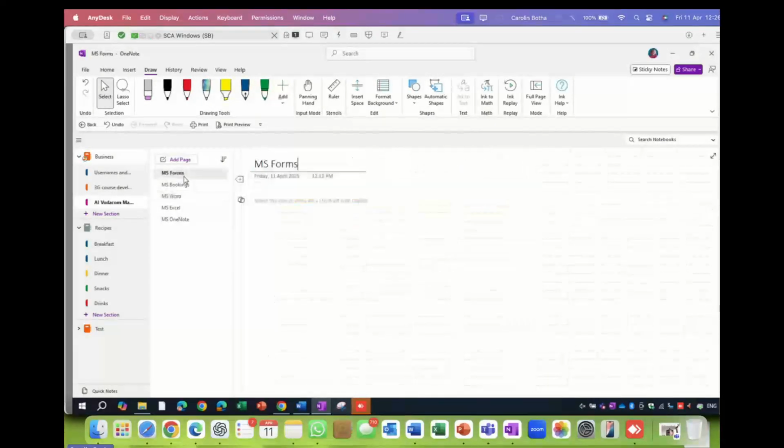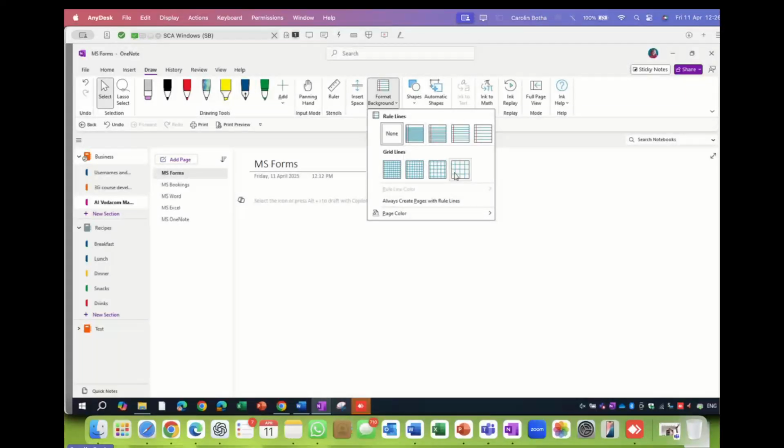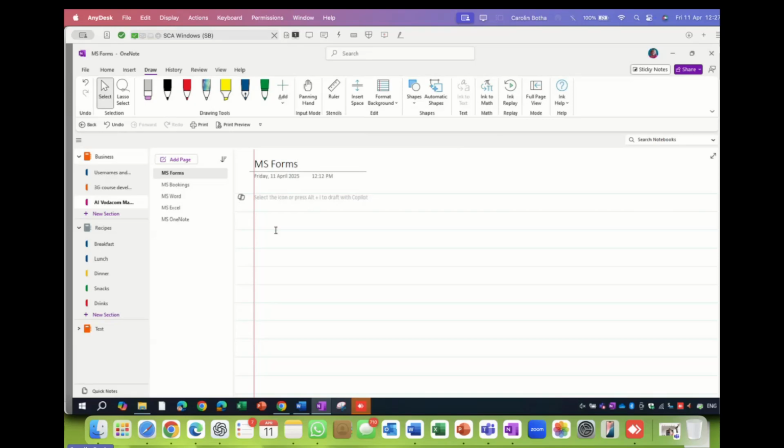So let's go to forms this time. I want to show you if you format your background. So I'm back on the Draw tab and Format. So you can have a grid instead of a blank white piece of paper. Or you can have college rule, you know, those college books, school books, we call it, a standard ruled. So let's just do that. And there you have lines in which you can write, but it's still going to do the sticky notes. But people just prefer the lines. You can't get away from that. I just thought because you have the lines, it might be.